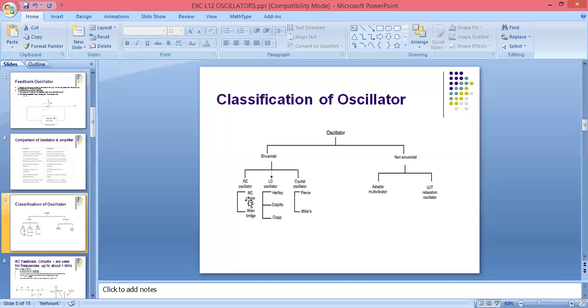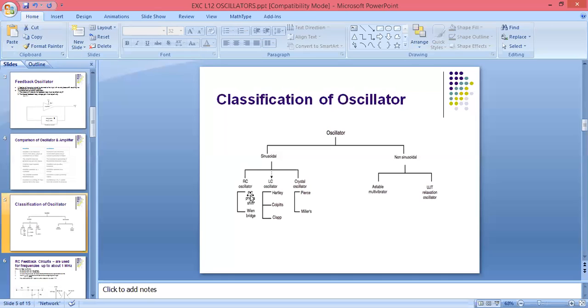Already in electrical circuits we have studied the RC network. RC network means what? If we are using a resistance with a capacitor, we call that circuit an RC circuit. In the Wien bridge we also use RC, because this is a type of RC. But here we can see, RC का नाम क्या है?